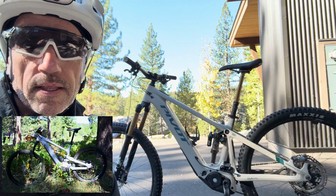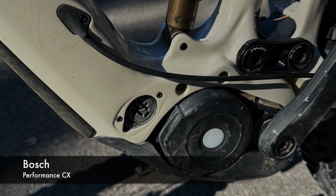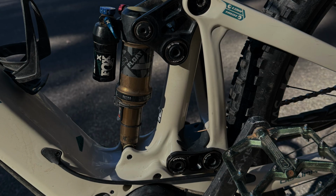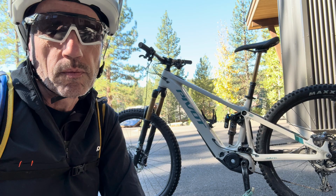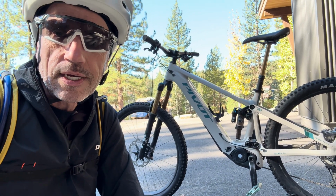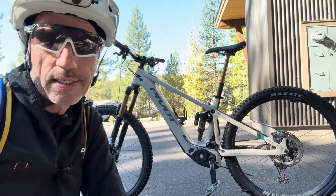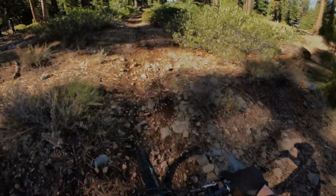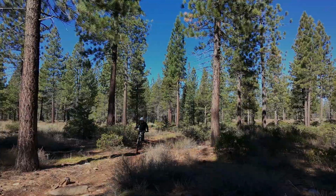This one has a different motor, obviously totally different geometry and pivot setup, or the way the shock is mounted to the bike and where the rear end pivots. So we will see. This bike's pretty well used, but that's a good way to test it compared to my other bikes that are also pretty well used. So I'm headed up to the Sawtooth trailhead where I normally ride, so I can compare apples to apples with